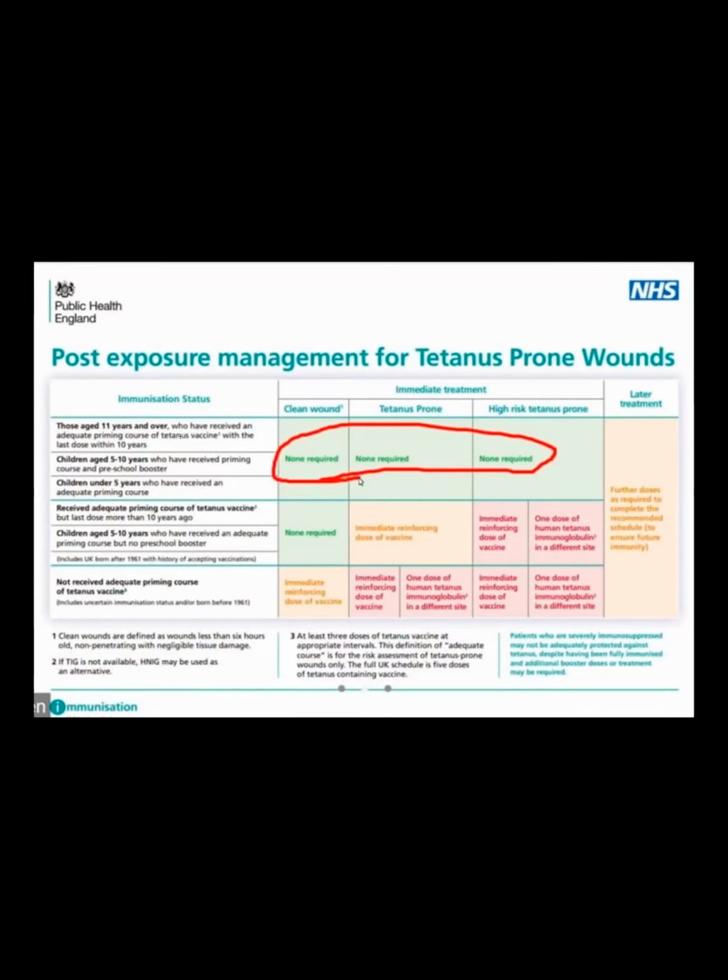The last, as I told you, 2, 3, 4, 5, and at 18 years, right? So if somebody has all the vaccines and the last dose of the vaccines within the last 10 years, that means any of the doses he took in the previous 10 years, then your treatment would be different. Okay. Somebody who didn't receive any vaccine within the last 10 years, or never ever received any vaccine,